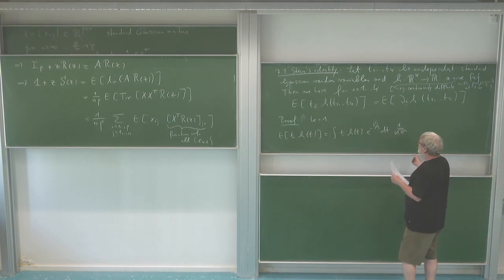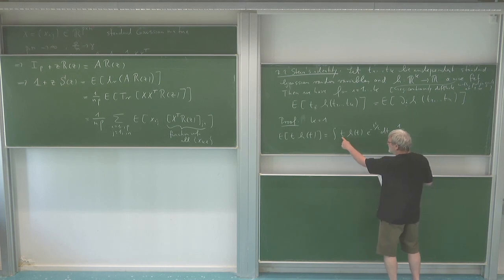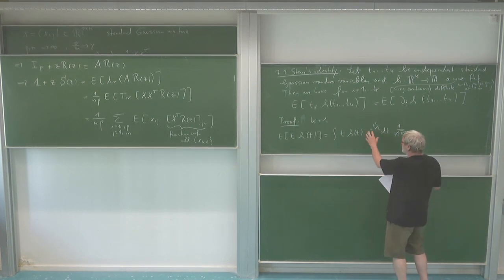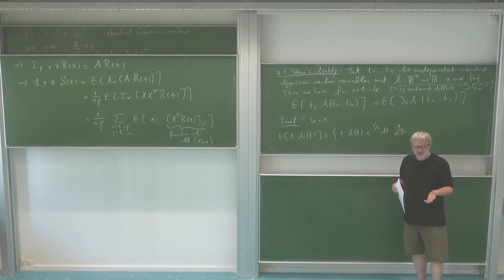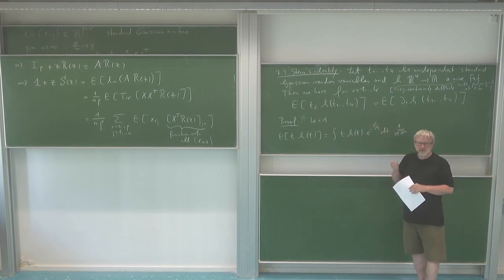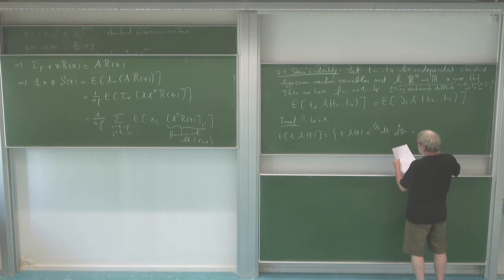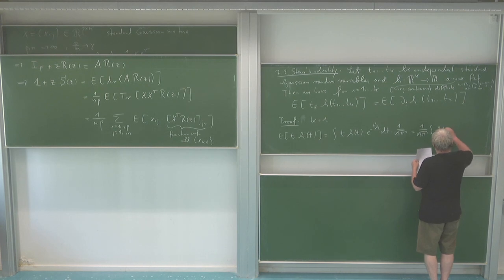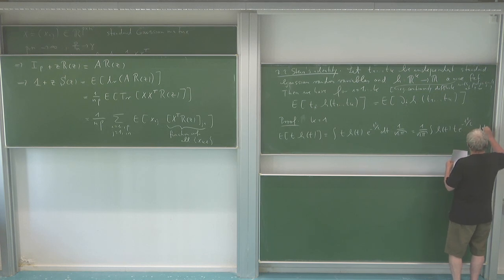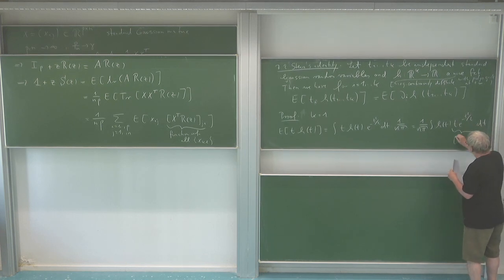Okay, and now the point is that this t here, I can put it to this density, and then I just have the derivative of this density. That's the main thing here. The property of this Gaussian density is that if I take the derivative, I get out a factor t, because the inner derivative of this t squared over 2 is just t. So maybe I write this as 1 over the square root of 2 pi integral. Let me write it like this: h of t times e to the minus t squared over 2 dt. And this guy here is just the derivative of e to the minus t squared over 2.